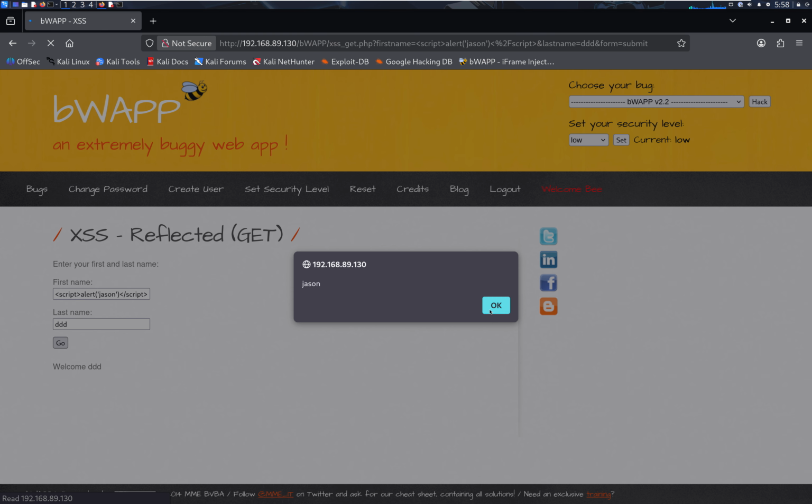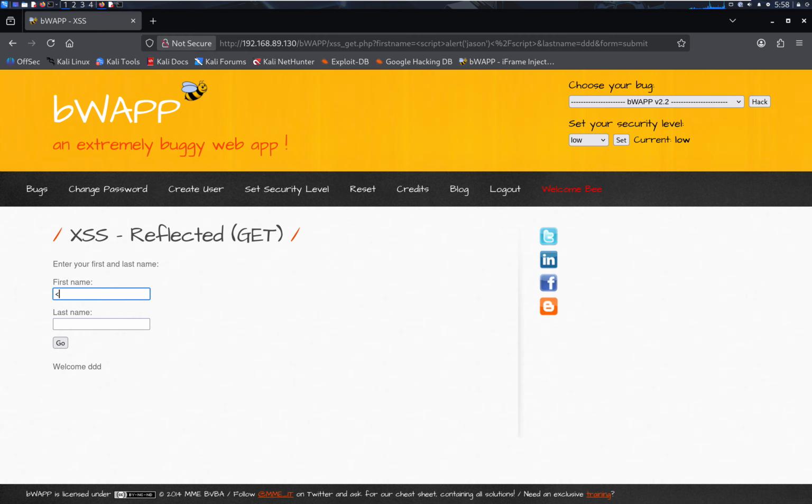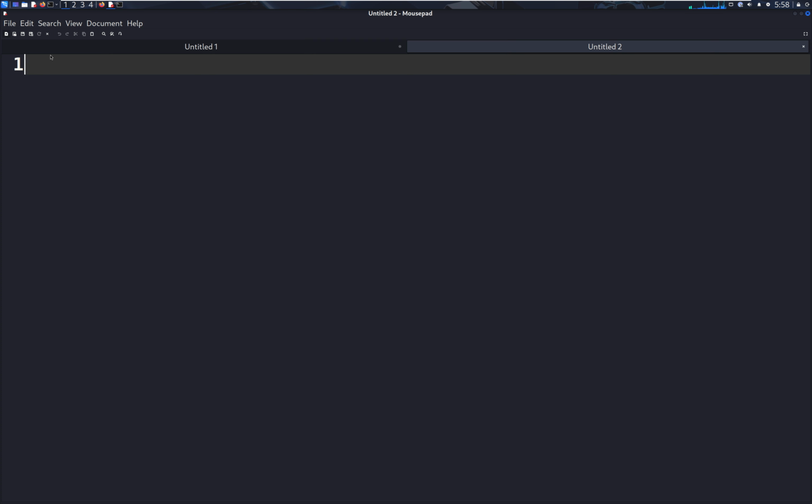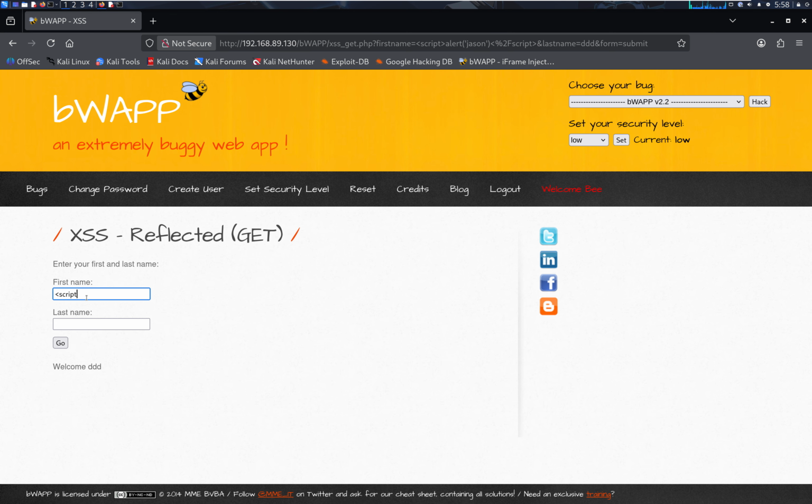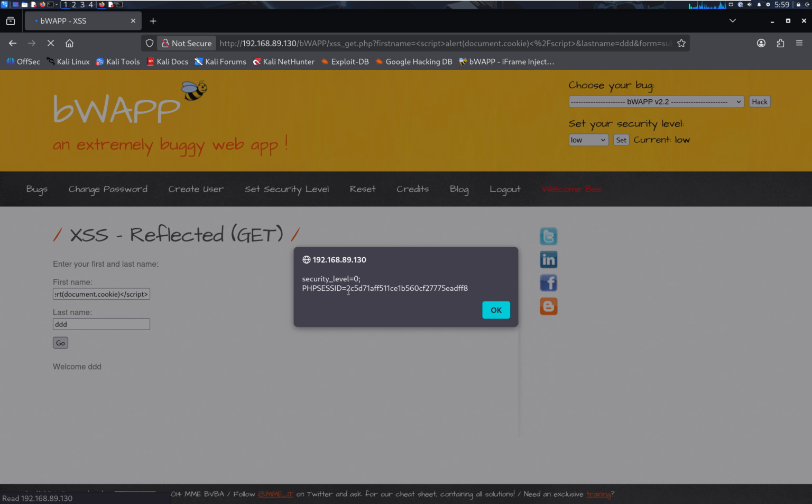For example, you can get the cookie. We can use script and /script, and we can access the cookie: alert document.cookie. And we can copy, paste over here. Okay. Go. Yeah, indeed, we can get the cookie of the current user. If you want. Of course, this is not